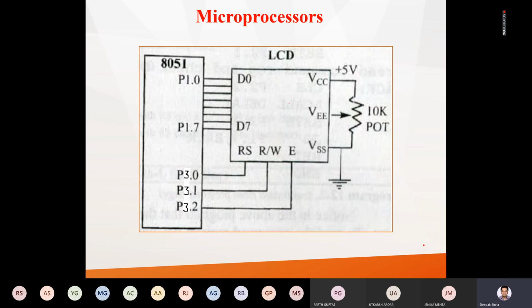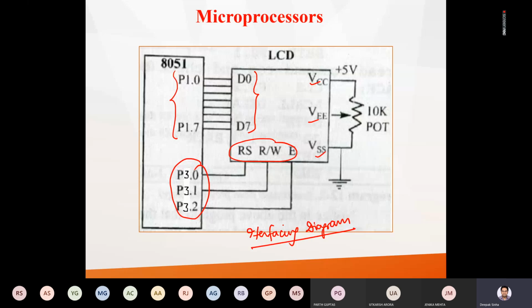So this is the interfacing diagram where I have taken the data pins of the LCD connected to port 1. Then the supply pins, obviously these are connected, and the control pins I have connected for my program to 3.0, 3.1 and 3.2, and this is the interfacing diagram. Okay, any doubts till this point? Then I'll explain the